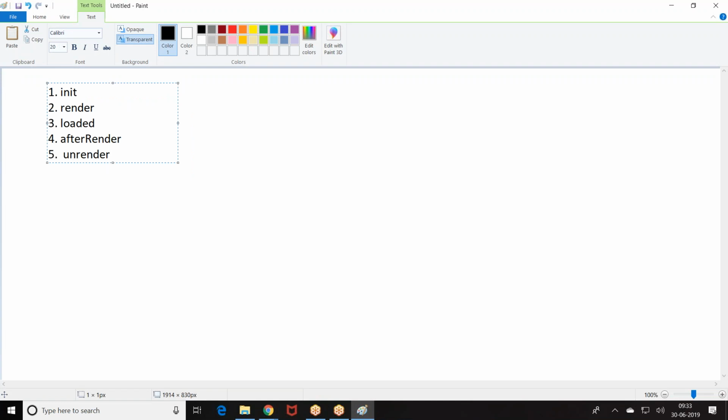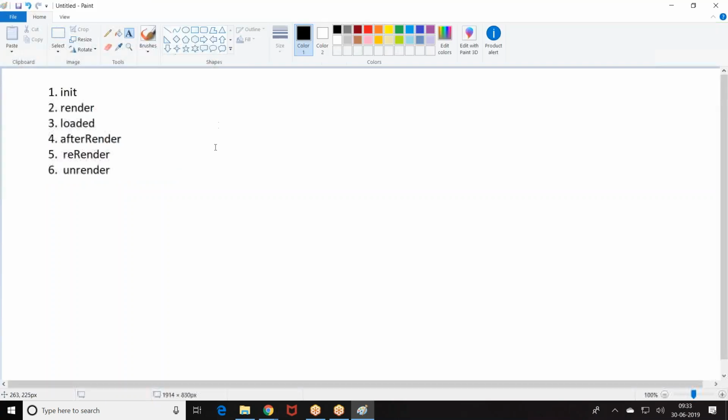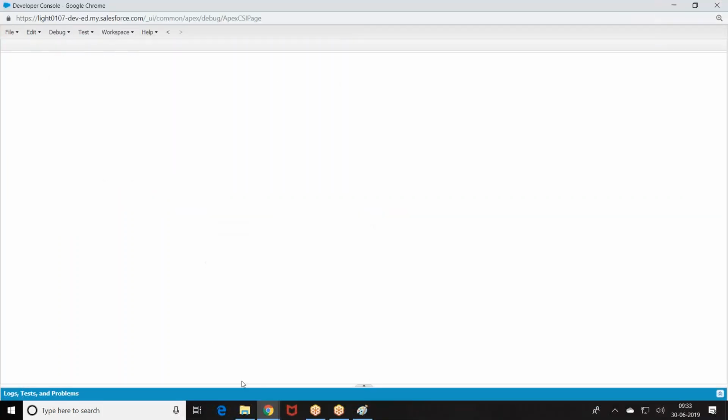What is the life cycle of every component? Init, render, load. Okay, load the element. After render, re-render, then we have unrender. So these are the elements that we have. Now the point here is, if you look at the component,